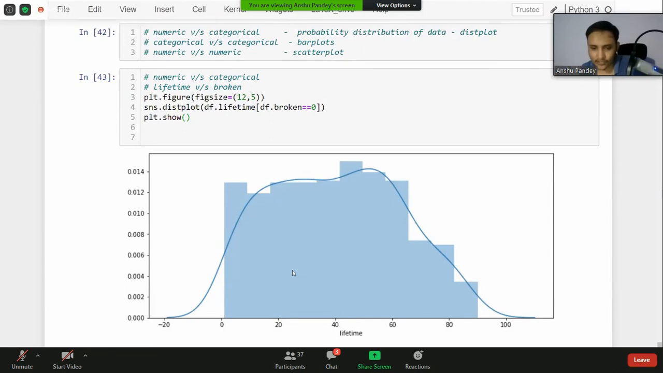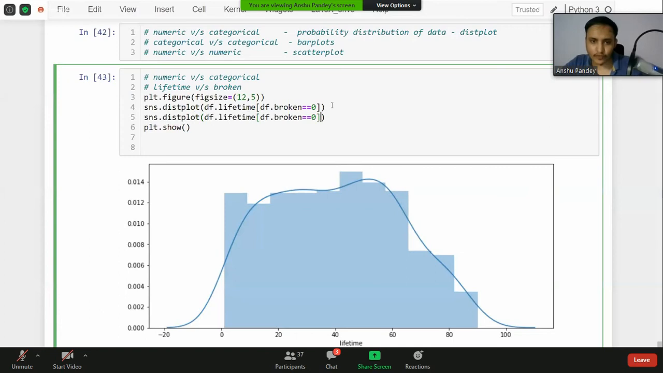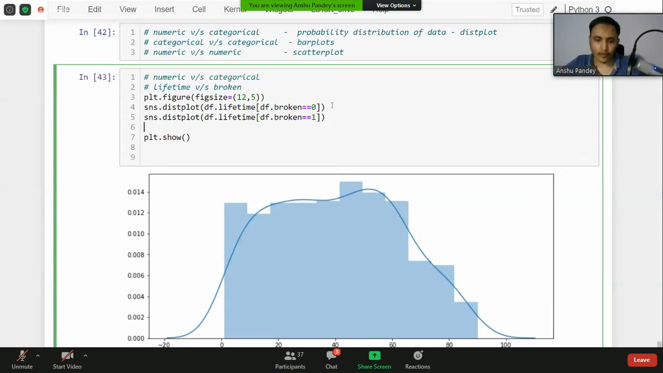distribution of lifetime of the machines, right? So the lifetime value of those machines which are not broken. You can see that the x-axis represents the lifetime and the y-axis represents the probability distribution, which is like the percentage of machines existing which are not broken at that particular value, right? But in case you want to make sense of this, it's better to compare this probability distribution with another probability distribution of the machines which are actually broken